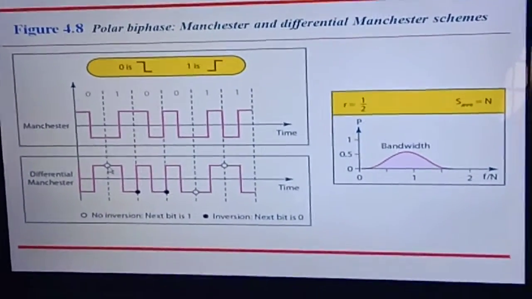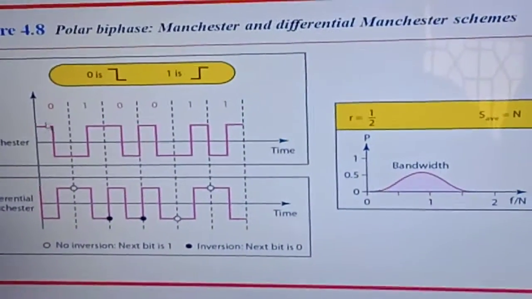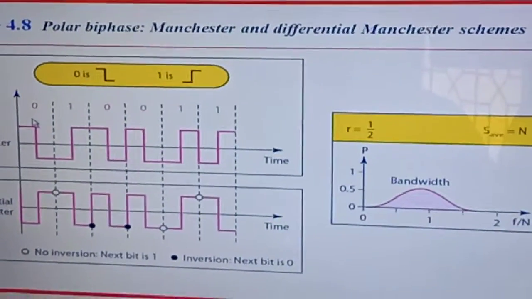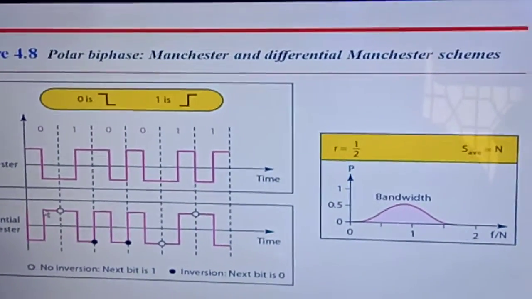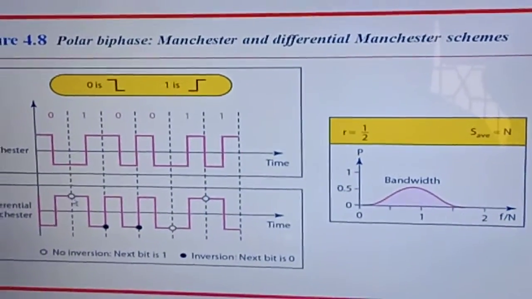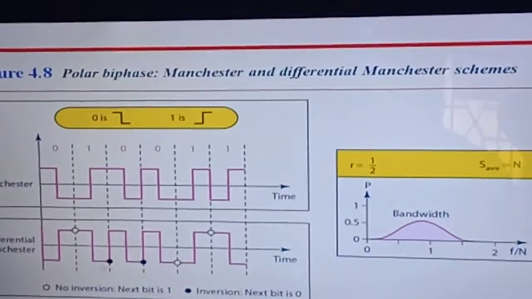The signal should exist in the same manner; that is, we are considering the inverse of non-return to zero level. Here we are representing: if there is no signal change, it continues. If there is a signal change, it means